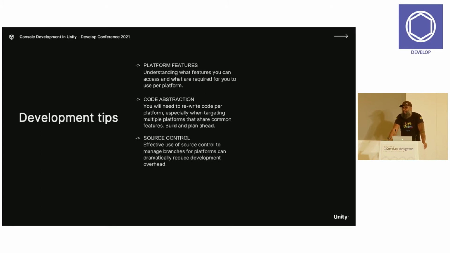This is probably a bit obvious, but it's amazing how many people don't use source control. Plastic SCM is available inside of Unity, and there are many other alternatives. Please, if you're doing multi-platform, consider source control to manage this for you so that you can easily change your branch per platform and merge your code bases. It will make life a lot easier. It's also a lot easier if you do this at the beginning, and not towards the end of the project. It will dramatically reduce the overhead that you have during development.